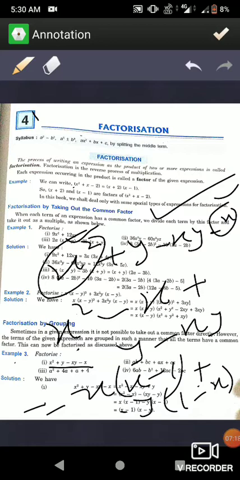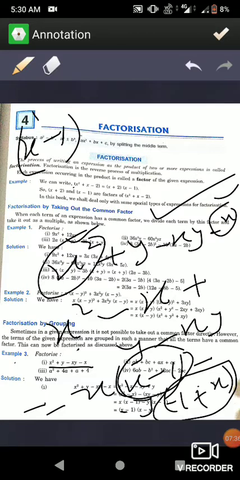You simply put a minus outside the bracket. The sign will be changed. This one will become positive and this will become negative. Now you have the same thing in the bracket. So take x minus 1 as common and the things which are left put in the other bracket, x minus y. This is the grouping method by which you can factorize the given expression. I hope everyone understands what I want to teach you.